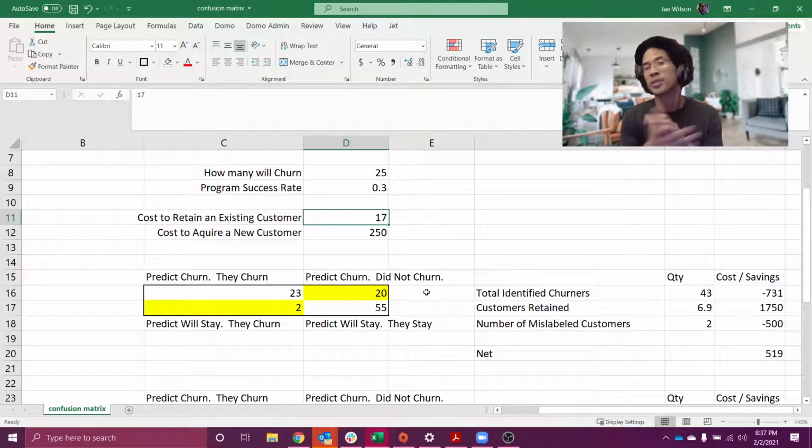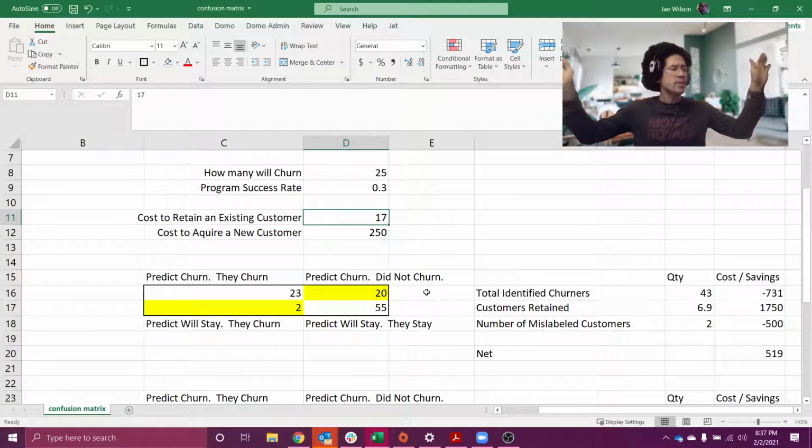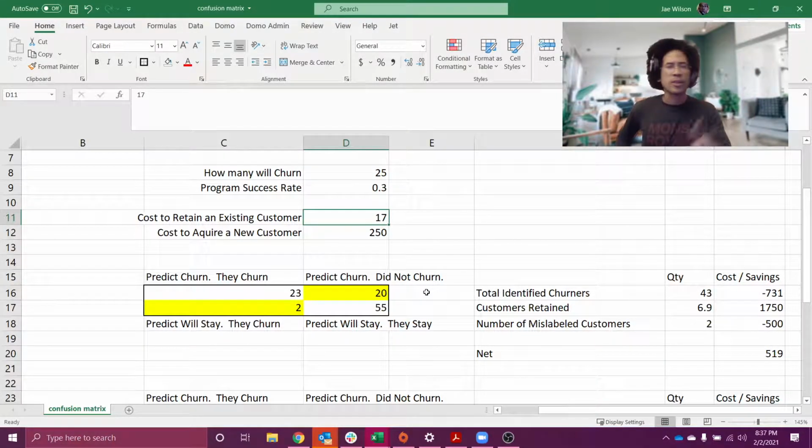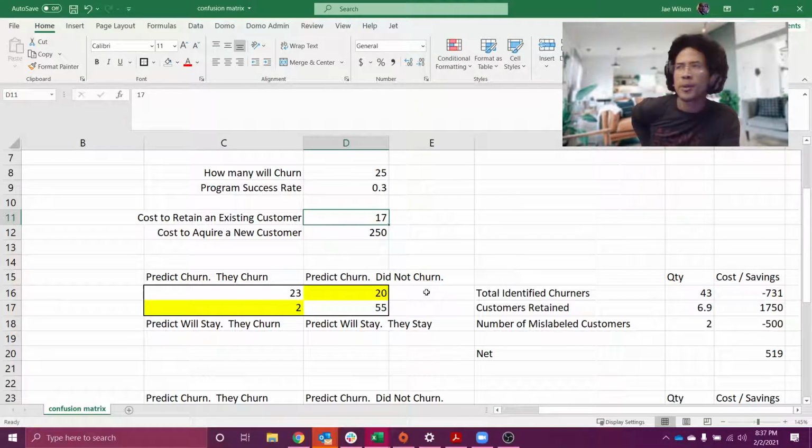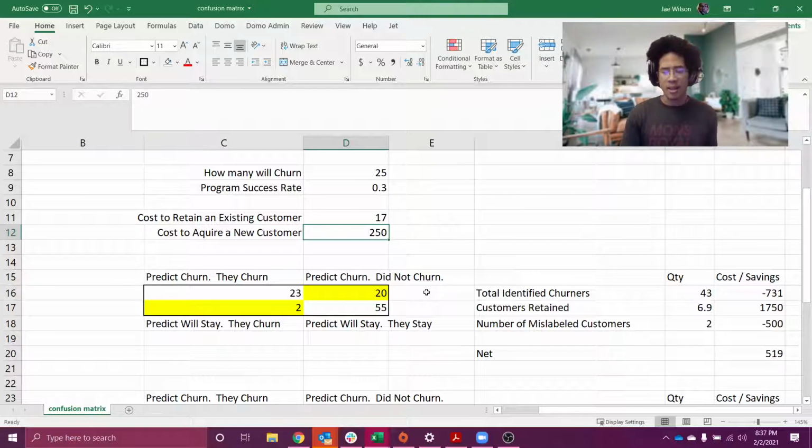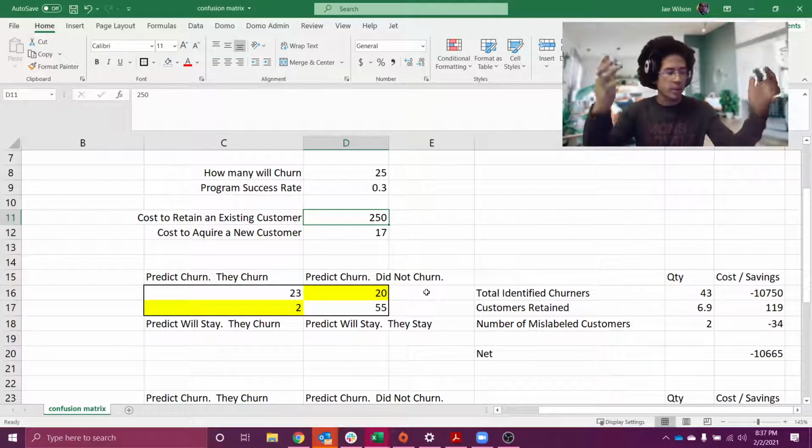But here's an interesting thought. What if your company works totally differently? What if cost of acquiring customers is very low? Imagine you're famous. Like, you walk down the street, people know your business. And so, to attract a new customer, what do I gotta do? I just have to do a little bit of Facebook, a little bit of Instagram. All of a sudden, bam-o, I've got new customers. Easy.